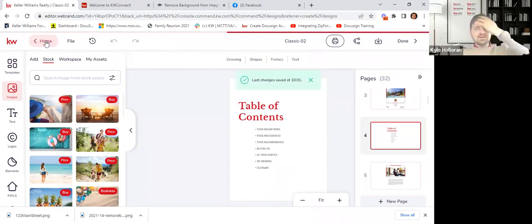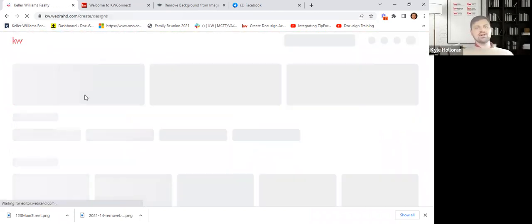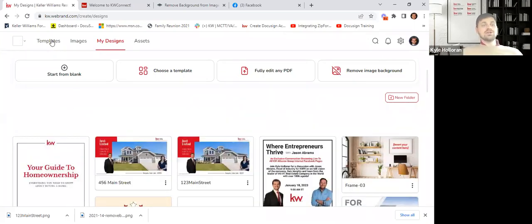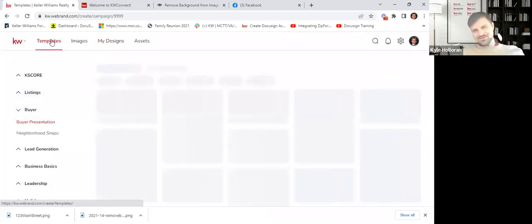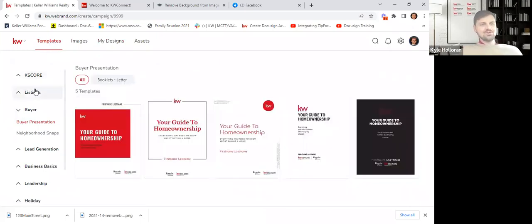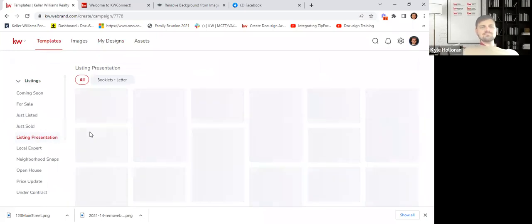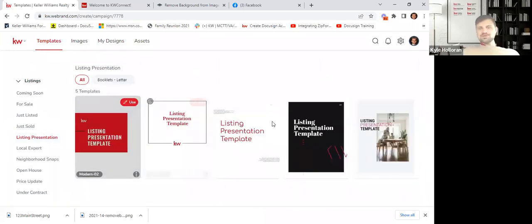So same thing. Some of you guys are asking about the buyer guides. If I go back here under print, and I go to the listing side, there's also 5 listing guides. Okay. Now listen, a lot of you might learn something from going through those. So go through them yourself. So go to listings, listing presentation. Here's your booklets. Here's 5 different ones. Boom. Cool.